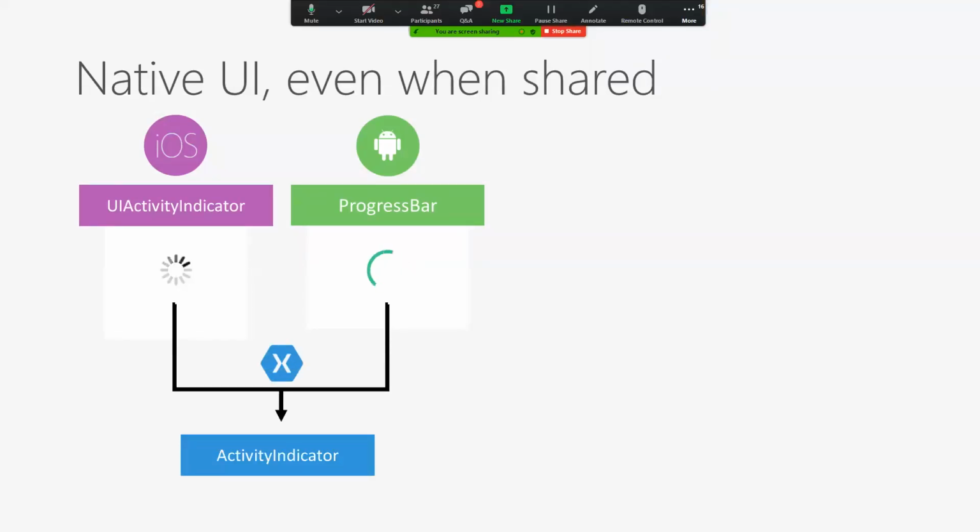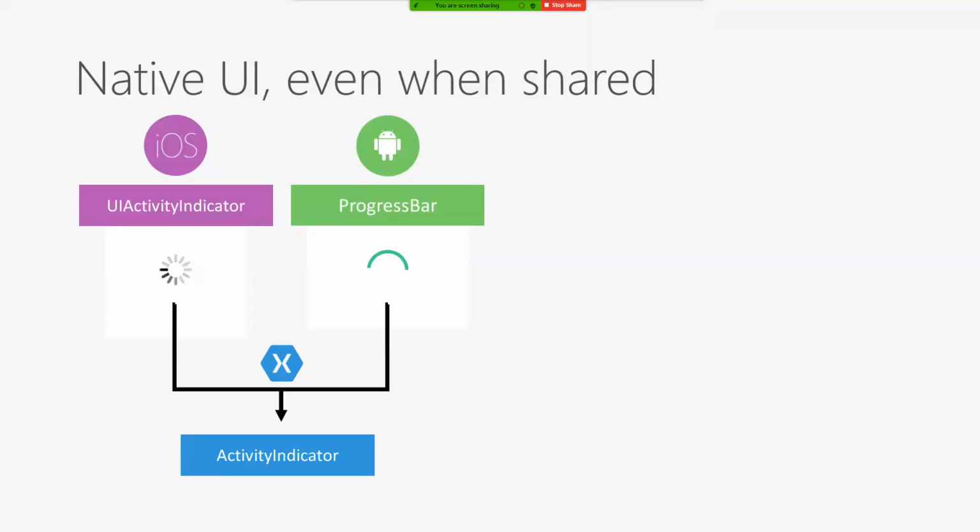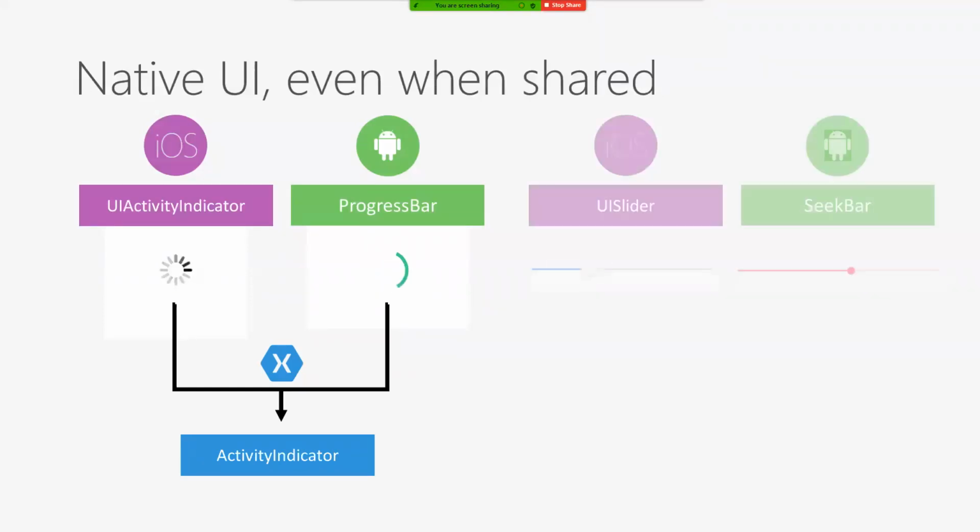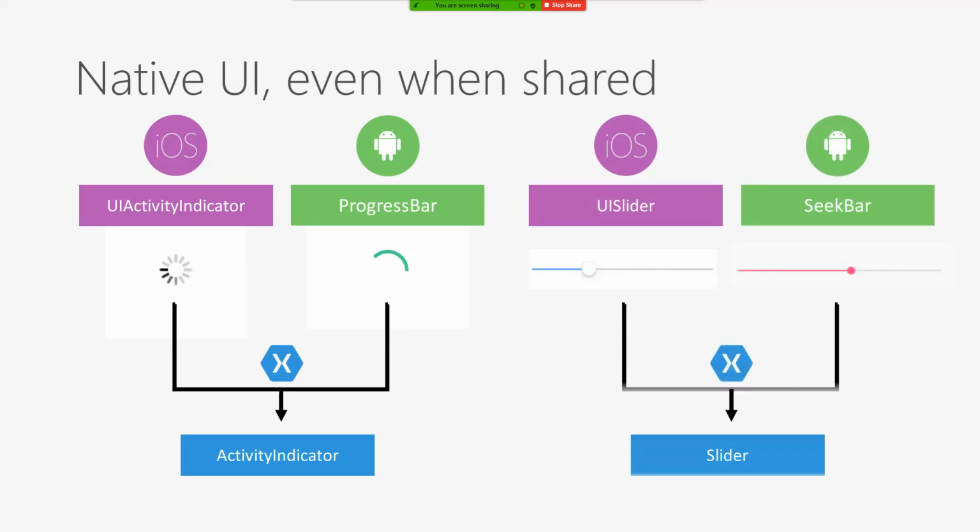In Xamarin.Forms, it's just the activity indicator. It's all you have to type in, open tag, activity indicator, and you're going to get the right thing under the hood. Likewise, with something like a slider. On iOS, it's a UI slider. On Android, it's a seek bar. Don't know what that means, but on Xamarin.Forms, it's a slider. So you only have to type that thing in once. And then you can still go in and do those material renderers if you want these to look the exact same. Google tells you it should look like this. This is the modern way a slider looks. Well, guess what? We'll just do that for both platforms for you.